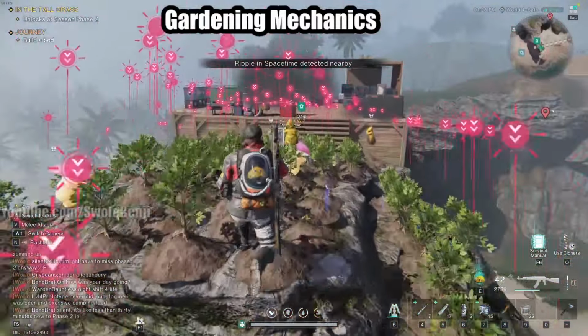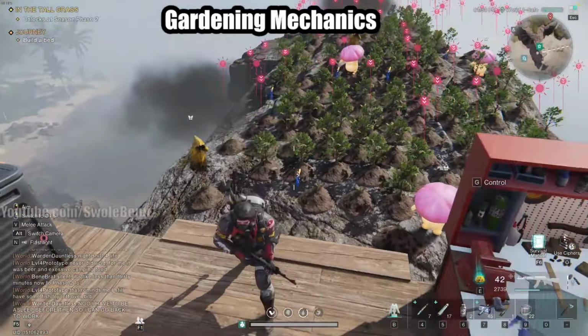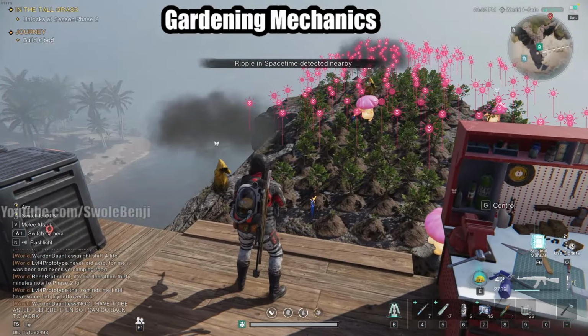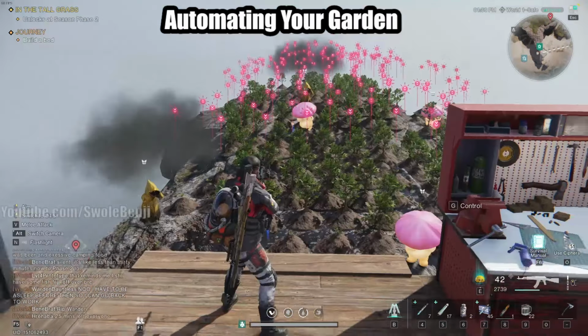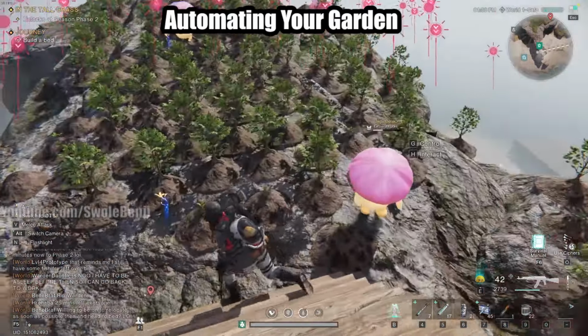It's not a big time sink either. Now, let's talk about automating these bad boys. And yeah, so when you want to automate your garden, there's 2 things you'll need, and I'm going to tell you where to get them, how to get them, and what they do. So the first thing to automating your garden is,